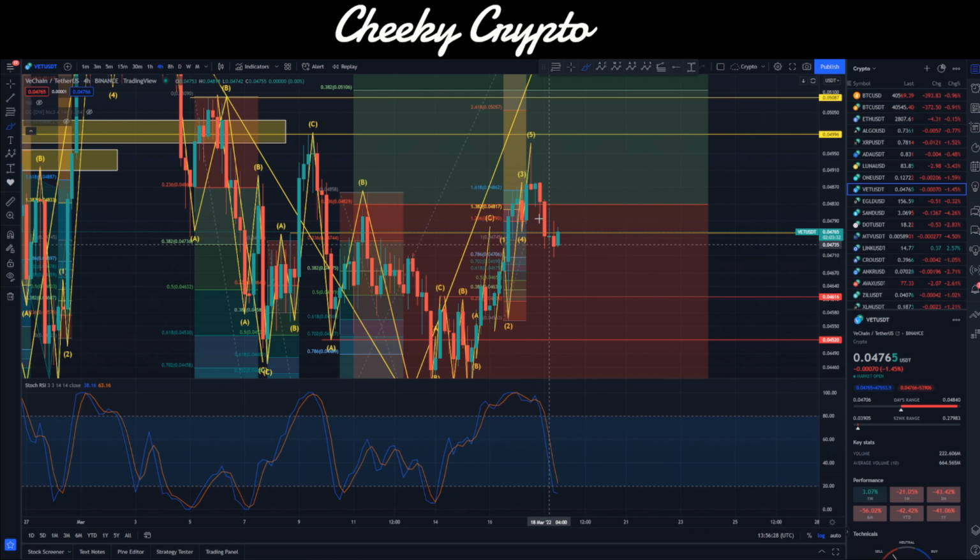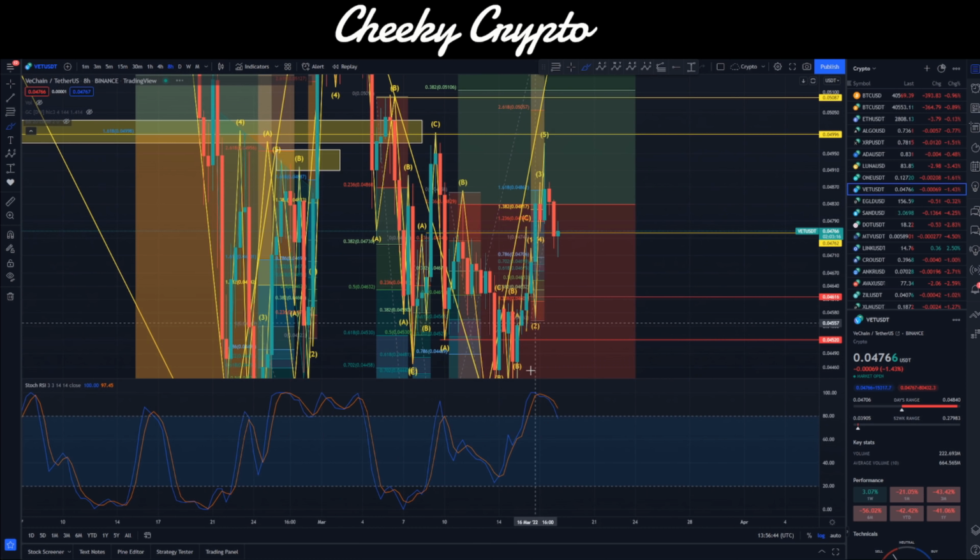But we should also acknowledge that this might just be an A wave down, right? So we have an A come down. This might be a B wave that comes up and then we drop down lower afterwards, right? So we want to be cautious on that. But so far, the hourly chart and the 4-hourly chart are indicating a move upwards, so we should kind of